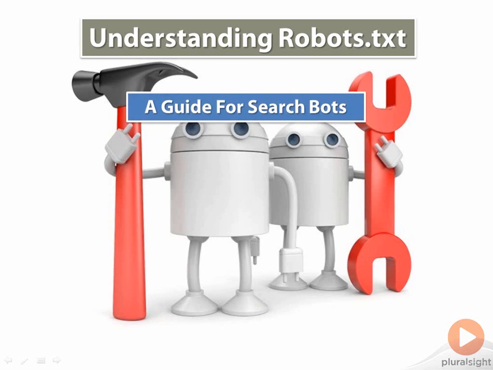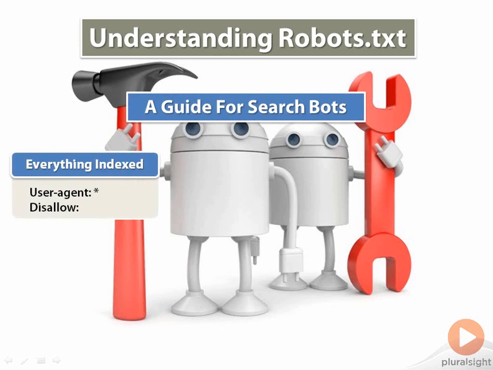To help out, I've created a quick and dirty guide on several commands you can use for your own robots.txt file. The first and easiest option is to allow everything to be searched. By having an asterisk in the user agent field, we are in essence saying that this rule applies to any bot coming to the site. By leaving disallow blank, we are also telling the bots that there isn't anything we want them to consider. This actually is an unnecessary command, since if you decide not to have a robots.txt file, the search engines will